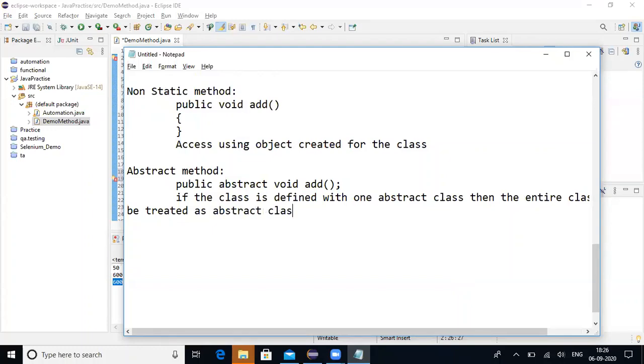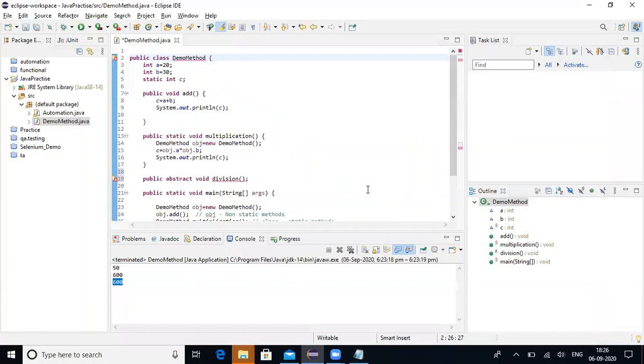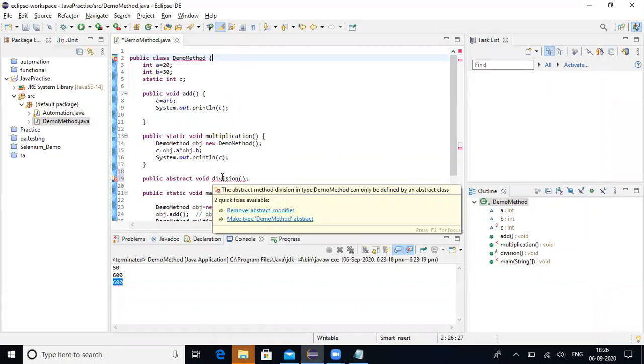In interface logic, we are going to study all these things. As of now, you should not have any doubts in static or non-static method. Leave aside this abstract thing.